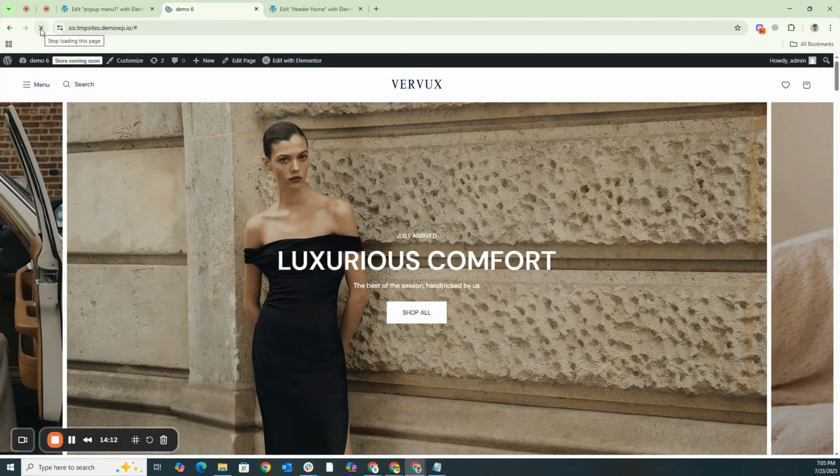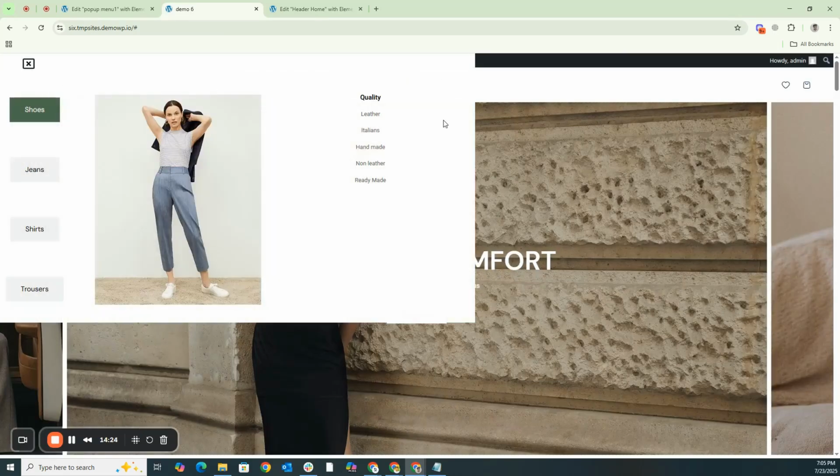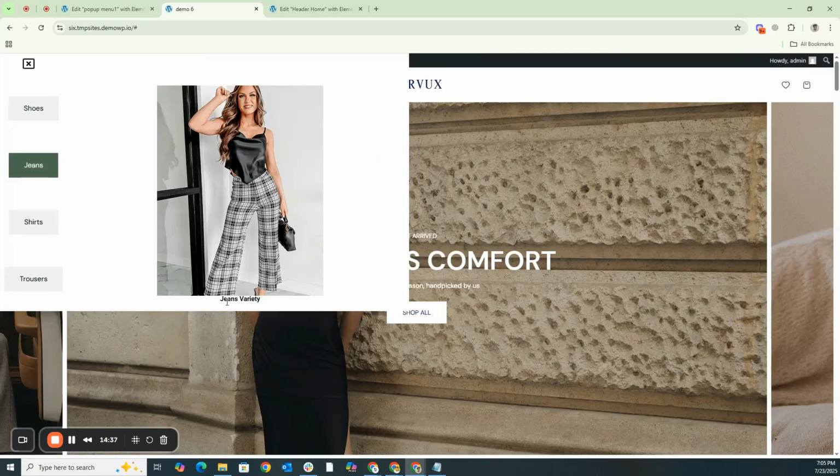Now, after properly saving our settings, when we load our front page once again, our menu will be in a fully working condition. When you click on the menu, you will see that the menu we created is visible and functional. We had previously added an image, a list, and a title, and all of those elements are now showing up perfectly. If you click on the other tab, you will see that we had added an image and a title to that section, and those elements are also present.